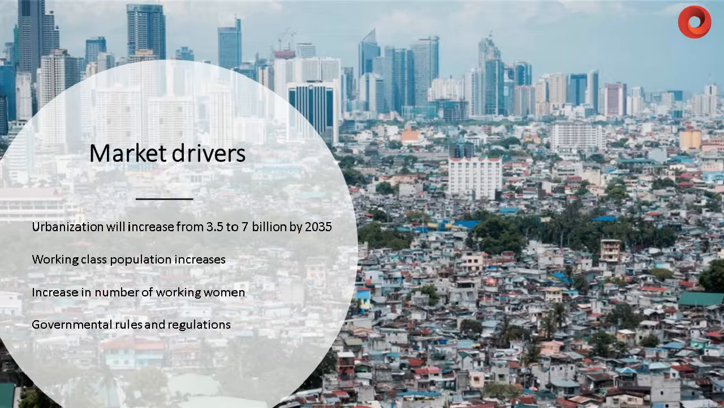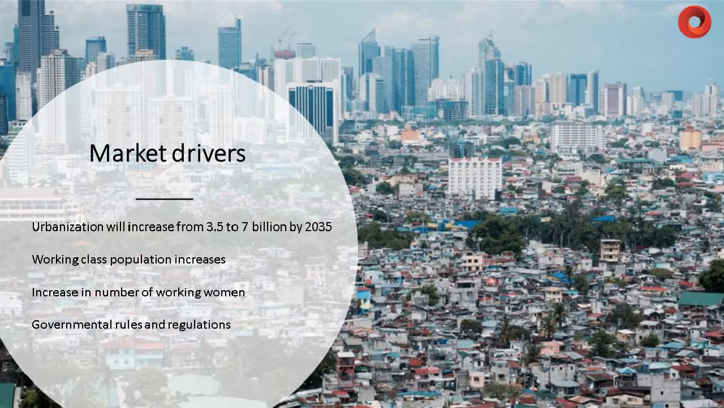And along with the urbanization, we also see an increase in the working class population. We see an increase in the number of working women. And as the living standards increase and the economic standards increase, the tolerance for pests has a tendency to decrease. And as urbanization expands the cities, the industries also follow. And with the industries also come the pests. So the bigger the cities, the more pests that will be present, the more work for us and for the